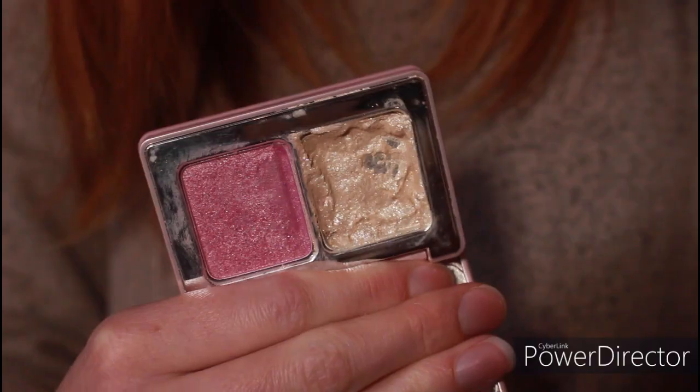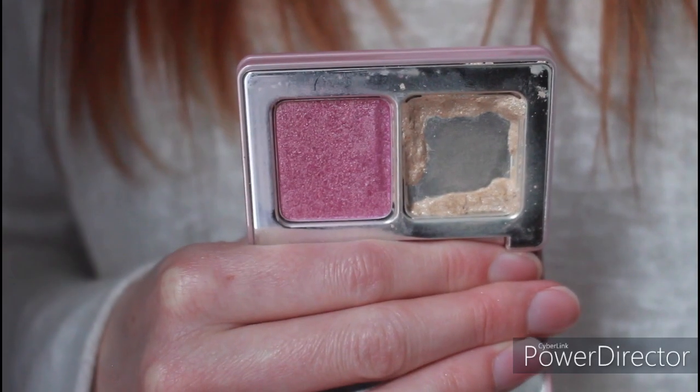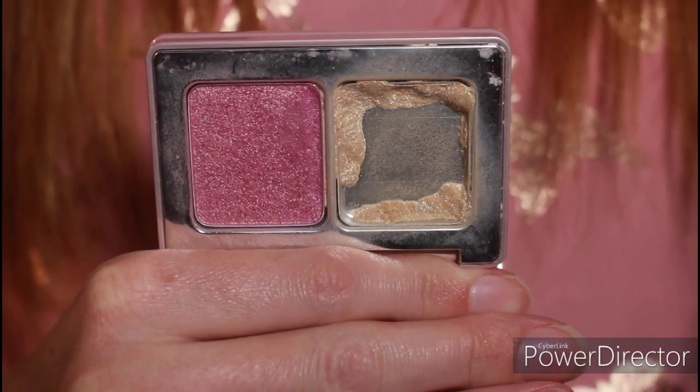After that, we've got the Natasha Denona Diamond and Glow Highlighter, and I am panning the diamond side. And again, I feel like I made a lot of progress on this this month. I did use it 9 times, which is again my goal each month, 8 to 10 uses per item. I definitely feel like I'm hitting more side pan. Again, I feel like I could probably finish this by the end of summer, so I'm really happy with